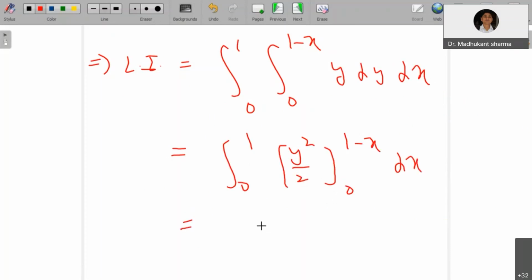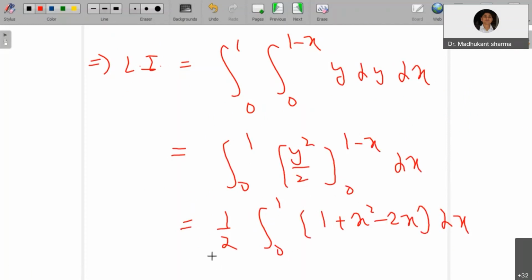So the lower limit will not contribute anything. So you have 1 by 2, (1 minus x) whole square, so you have 1 plus x square minus 2x dx. Now you can integrate further. So it will be equal to